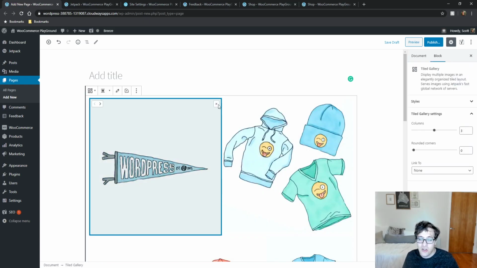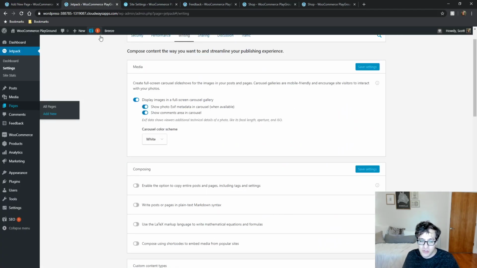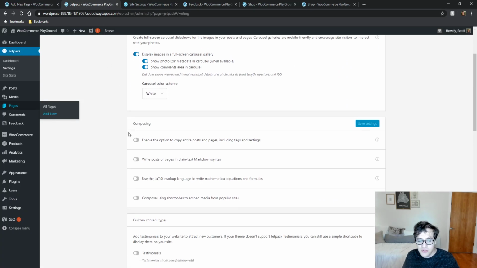But it's honestly just a lot of fun to play around with. You get a lot of great functionality out of it. The composing section, it's